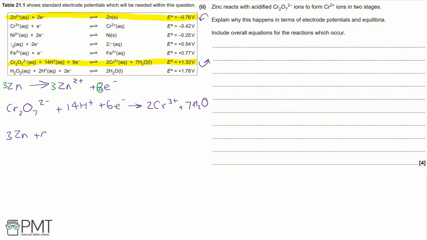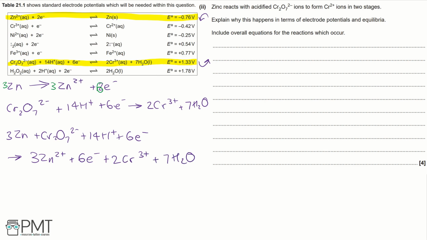3Zn plus Cr2O7 2- plus 14H+ plus 6 electrons goes to 3Zn2+ plus 6 electrons plus 2 Cr3+ plus 7 H2O. We can then cancel out the electrons from both sides of the equation, which makes our overall equation for stage 1